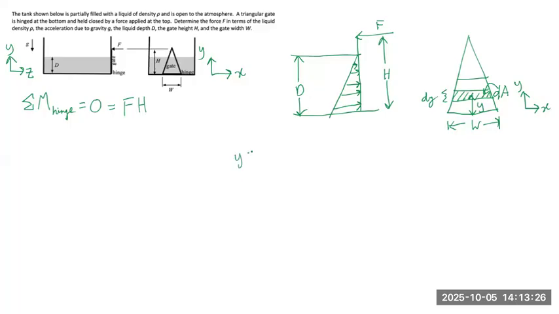So the equation of a line in general is y equals mx plus c, and m is the slope. And slope is rise over run. As you see, the gate has a height of h and a width of w. However, we want to find the equation of this line over here, so the width will actually be w over 2. So we'll be using w over 2. The slope is h over w divided by 2, so y equals h divided by w divided by 2, which is 2h over w